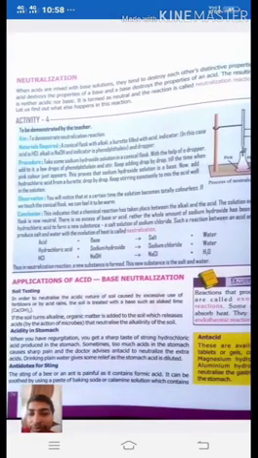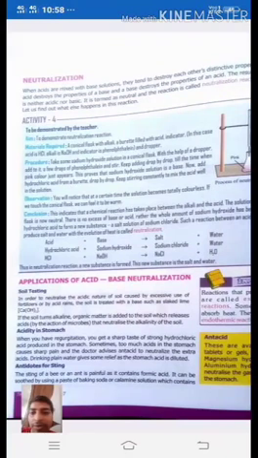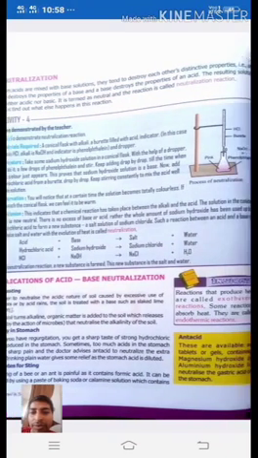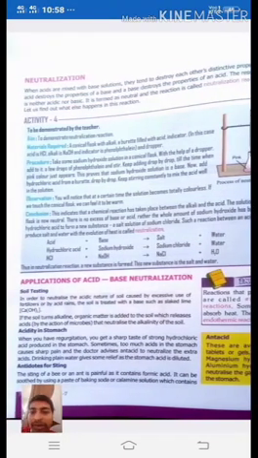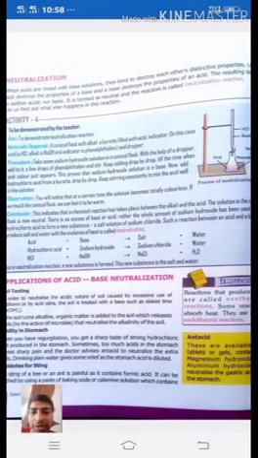First of all, take a sodium hydroxide solution in a conical flask. With the help of a dropper, add to it a few drops of phenolphthalein and stir it. Keep adding drop by drop till the pink color just appears. This proves that the sodium hydroxide solution is a base.